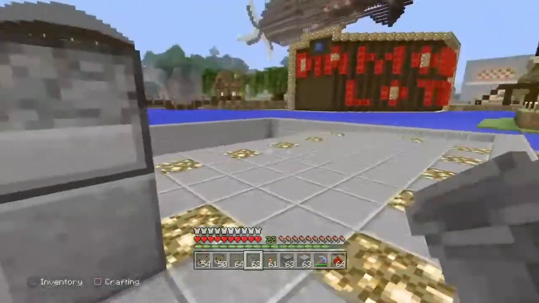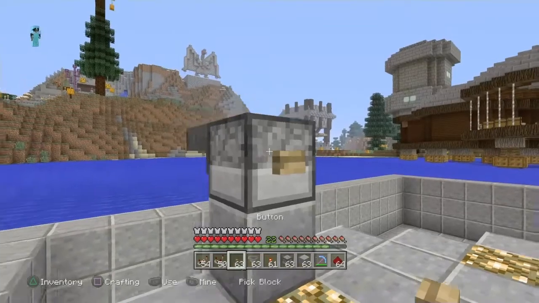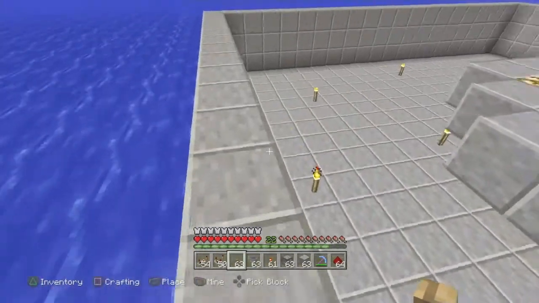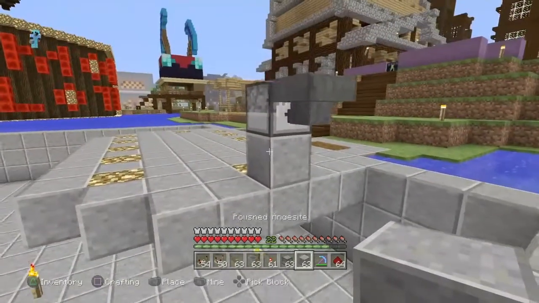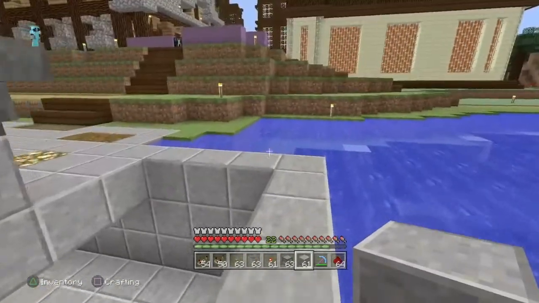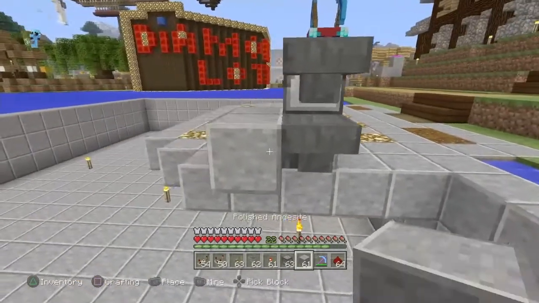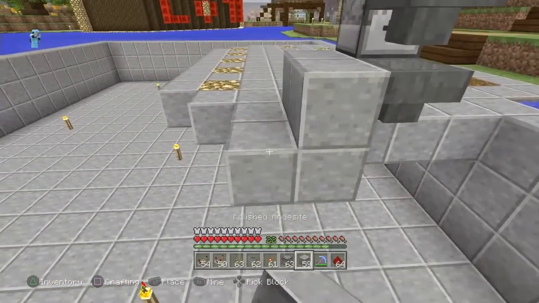Now what we're going to do is put a button on there, so when they put their diamonds in there, they can hit the button and it'll get sent into the system. The system is going to only take diamonds because we're going to put an item sorter right here. So let's go ahead and come down here. We're going to go just like that. There we go. Now we need to build our item sorter down here